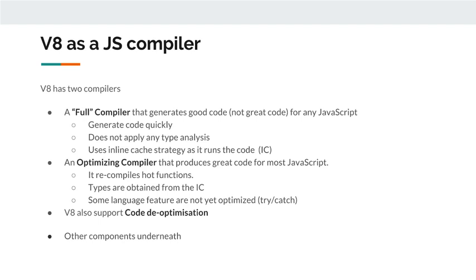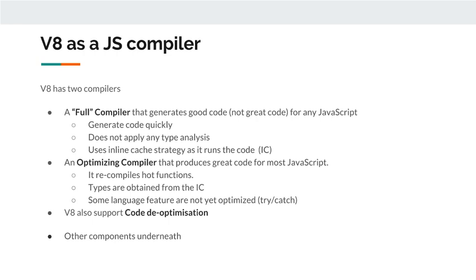So any errors that come in, it just generates. If it cannot generate, it just throws it away and says, okay, I cannot work with this. And it uses what is called an inline caching strategy as it runs. So inline caching means whenever it compiles a chunk of code, it will just put it somewhere, like a